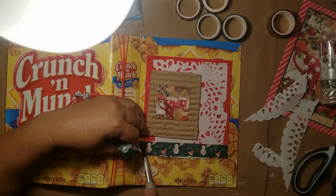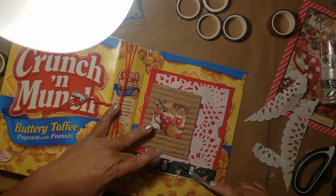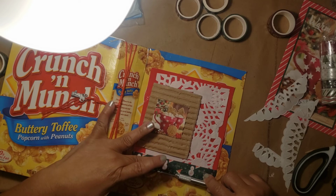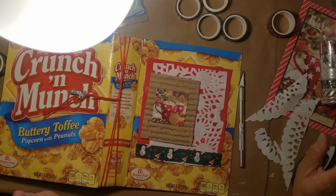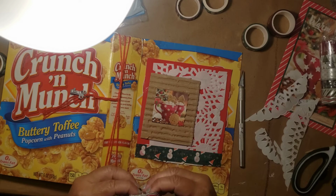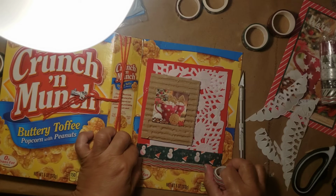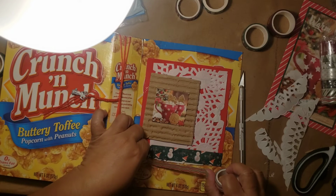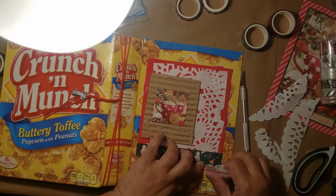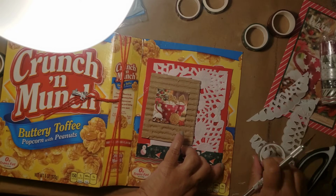Find my knife here. Cut this off. I'm going to cut away all of this excess as well. Maybe not, maybe not. But that's okay, because I will not be deterred. And just add the next row of washi here. So that will give me just a little bit of coverage on the edge there, so the edges aren't so